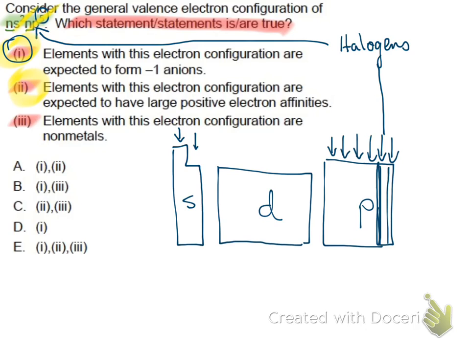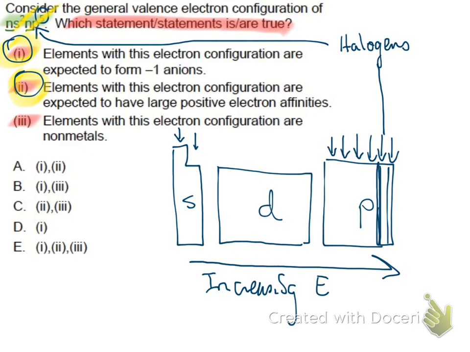And so this also should be true. Again, we know that electron affinity as a periodic trend is going to increase left to right. So we'll call this increasing EA. And so left to right, by the time we get to the halogens, it really would like to have this